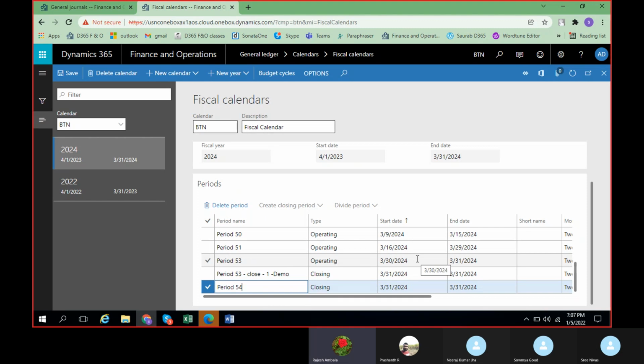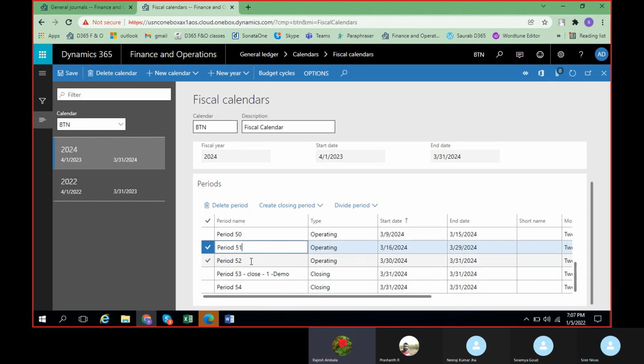It will allow changing 53 to 52 once we deleted 52, I guess. The moment you keep your cursor on this period, you can make changes, like you can rename it as per your requirement, 51 or 52.